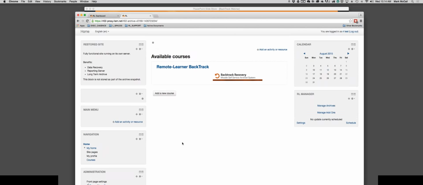It's a full read-write Moodle system, again running on a separate server than your production server. So anything that happens out here to the archive does not get stored or written back. And I'll point that out on this block that I've loaded into the site,